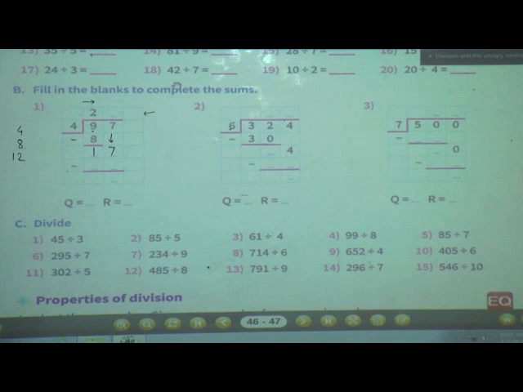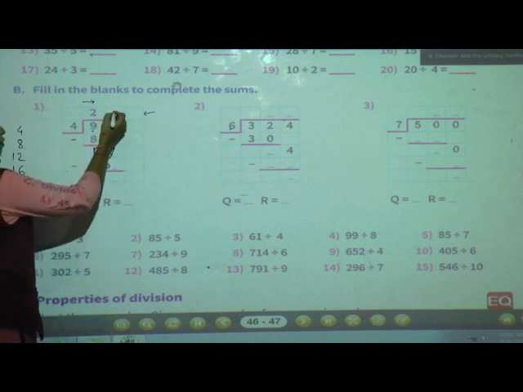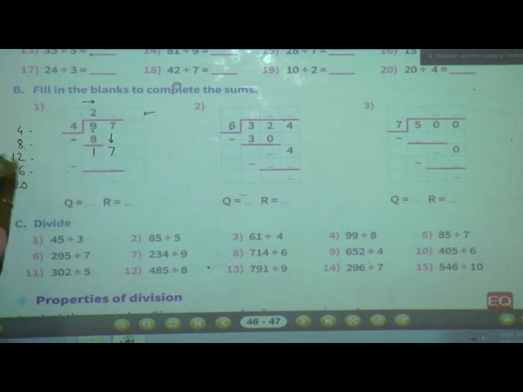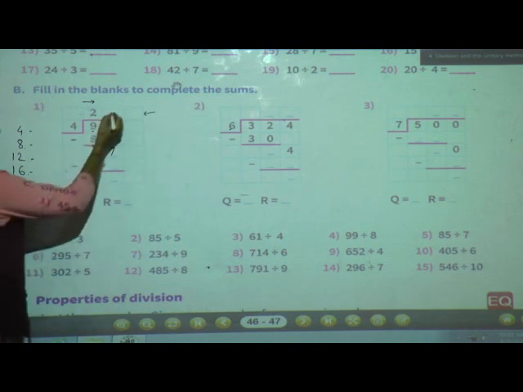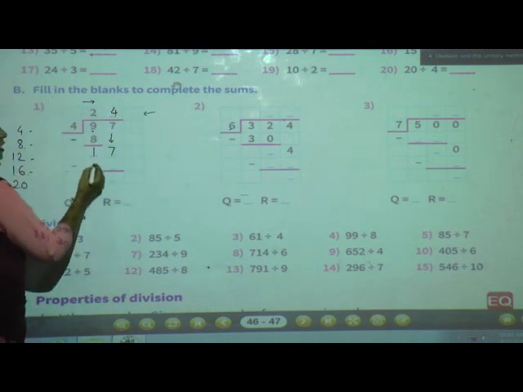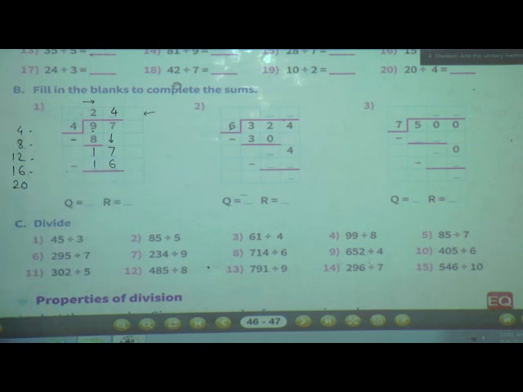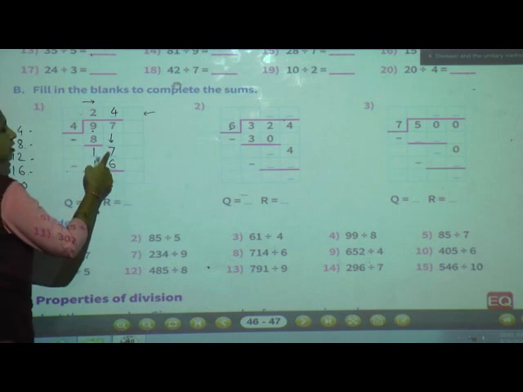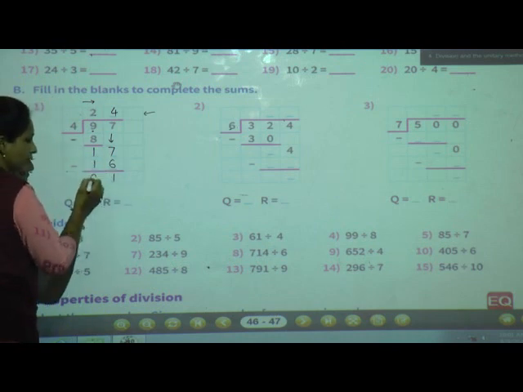Now 17. Now we will see where 17 comes in 4 table. Now we will continue the table. 4 1s are 4, 4 2s are 8, 4 3s are 12, 4 4s are 16, 4 5s are 20. Now 20 came. We will stop here. Now 17, is 17 there in 4 table? No, it is not there. So what is there less than that? 16 is there. So 4 4s are, where is it? See, 1 2 3 4, at the 4th place. So we will write here 4 4s are 16. Okay. Now we have to subtract. Now 7 minus 6 is 1. 1 minus 1 is 0.